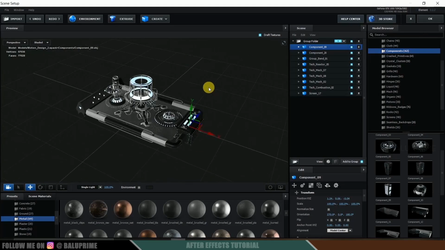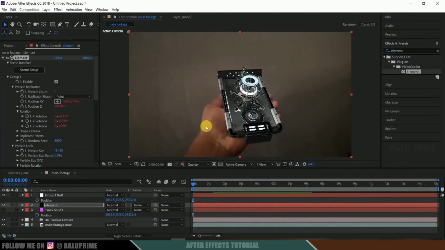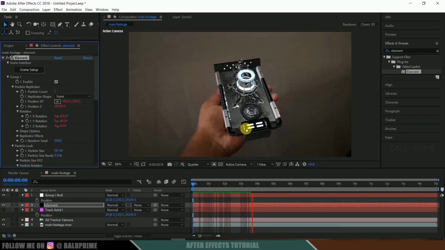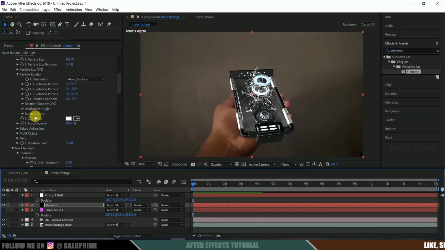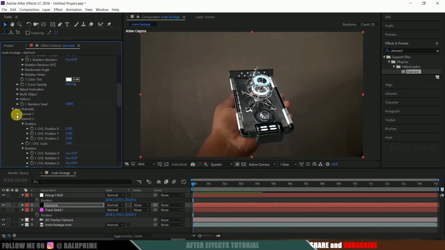So once the components are set, hit OK. So we got all the components here. Now let us see once again the preview. Press 0. So here you can see everything is perfectly tracked here. Nice. Fine. Now come to these aux channels. Since we have assigned 4 rotating components to 4 aux channels, now come to these aux channels,